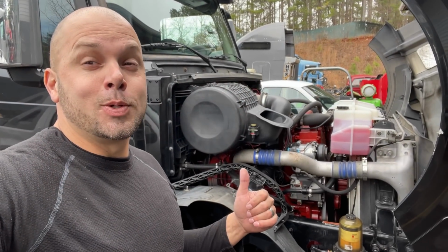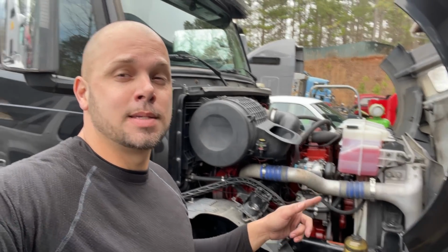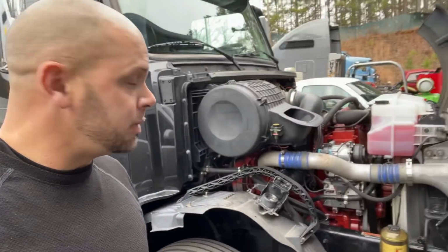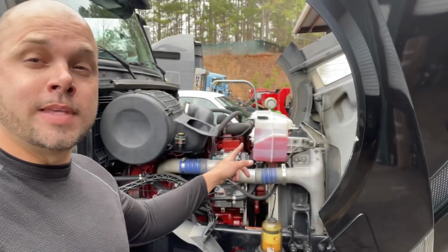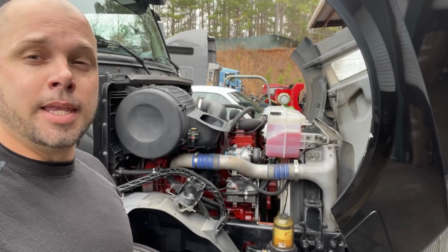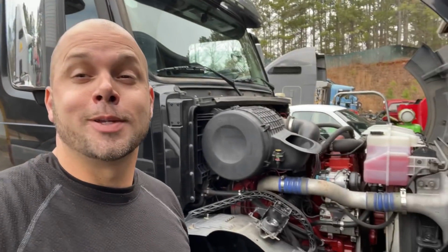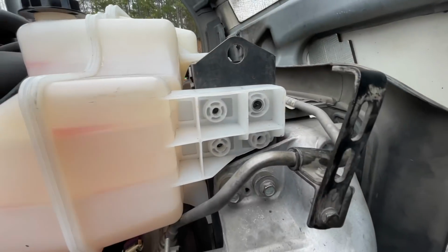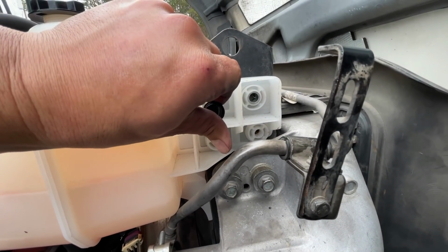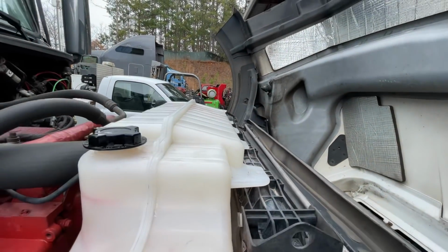All right, guys, so what we're doing today is a fan clutch on a 2013 Cummins ISX in a Volvo. So it's gonna be a BorgWarner part number. We're gonna take off the coolant reservoir, the fan shroud, charge pipe, and starting off, we're gonna get about 5 gallons of coolant out of it. Stick around. So get these 4 bolts out from the side, 12 millimeter, and the 4 up top here. Get those off first, and